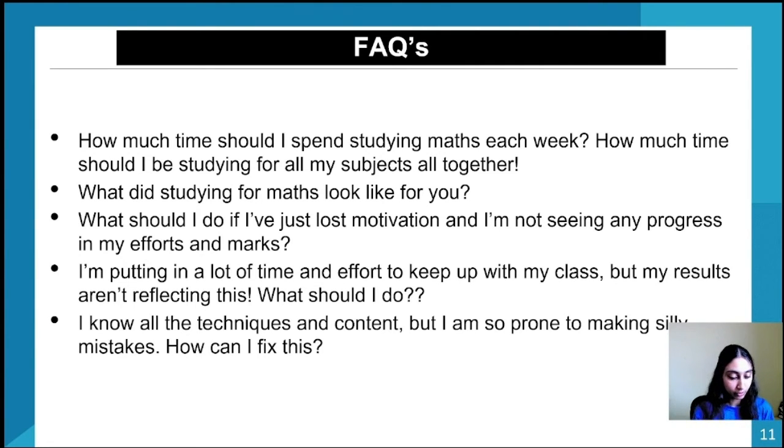Okay, I'm spending a lot of time on this one question. I'm going to move forward. What should I do if I've just lost motivation and I'm not seeing any progress in my efforts and marks? That's a really good question, which I get a lot of the time. I will have a halfway checkpoint in between this lecture where I'll go a lot more into this, but